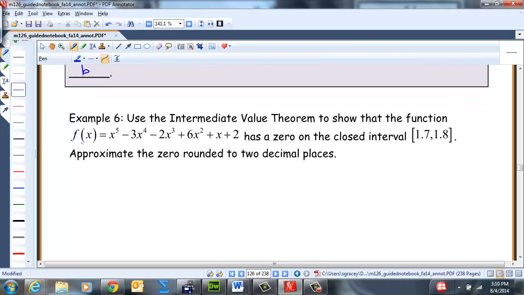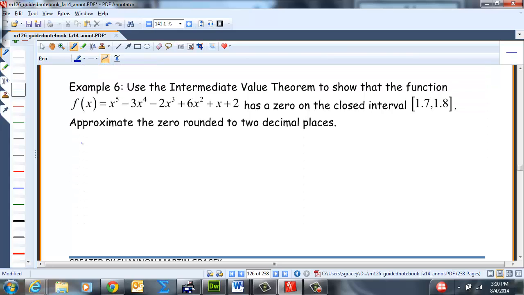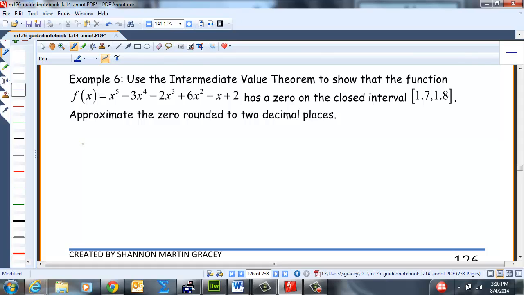So on this one, use the intermediate value theorem to show that this function has a zero on the closed interval from 1.7 to 1.8. So we know that it'll be continuous because it's a polynomial. Polynomials are smooth and continuous on their domain. So now what we need to do is find out what the signs are. So if we evaluate f at 1.7,